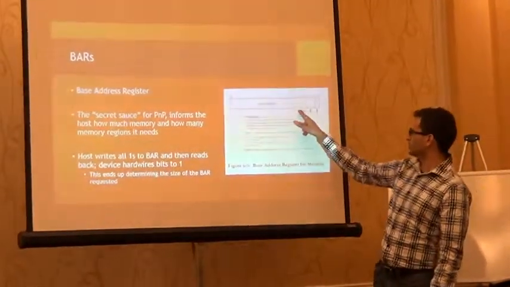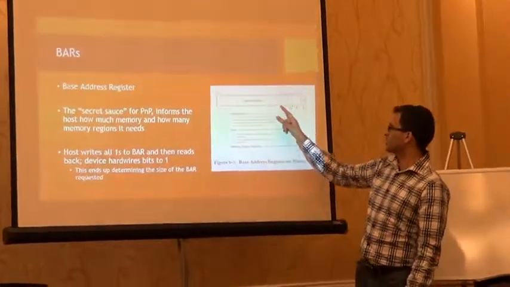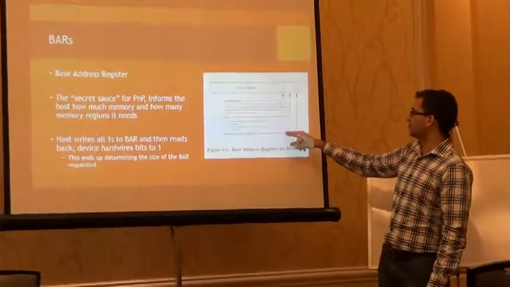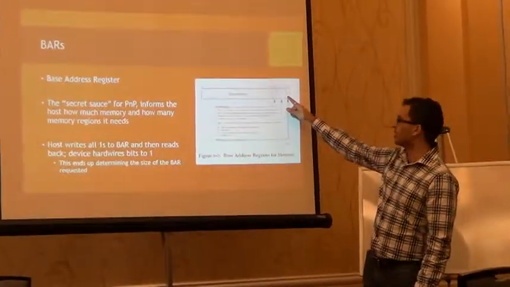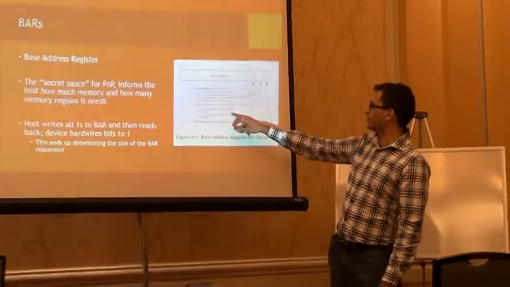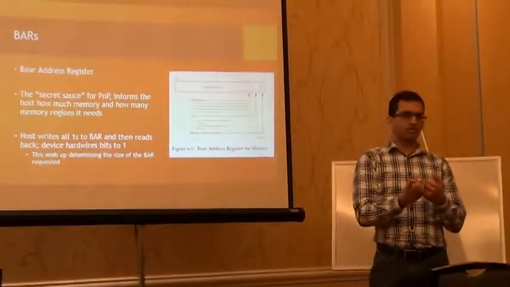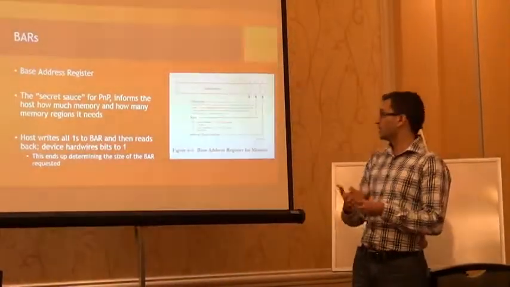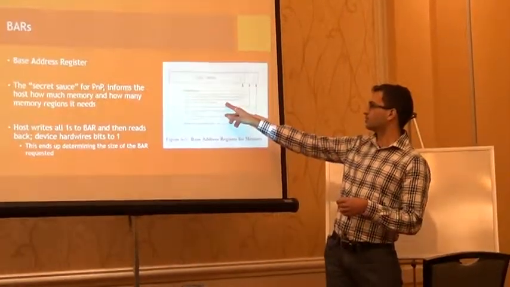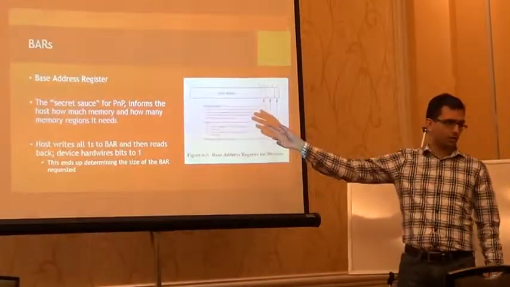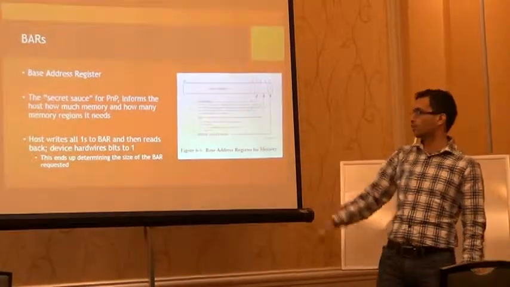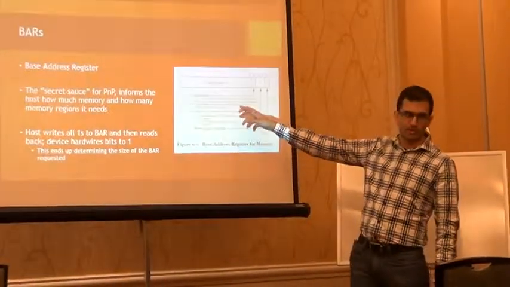So you really only actually get 28 bits, but basically this is indicating that you want a memory BAR, not an I/O BAR. This says I can be in 32-bit space, I can be in 64-bit space. Prefetchable basically says, hey, you can cache this data, or no, you can't. So if you're doing an I/O card, you want this to be 0, otherwise you're never going to get the